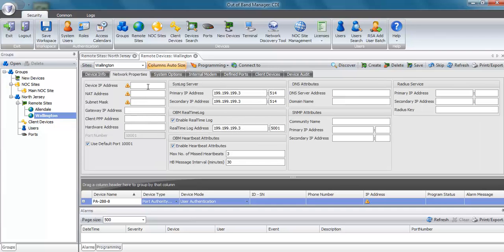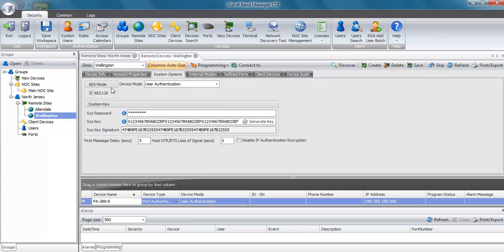Network properties, device IP address. And I'll click here to fill in the information. I'll just make up an address for the secondary IP address. Enable real-time logs is checked. Enable heartbeat attributes is checked. System options,